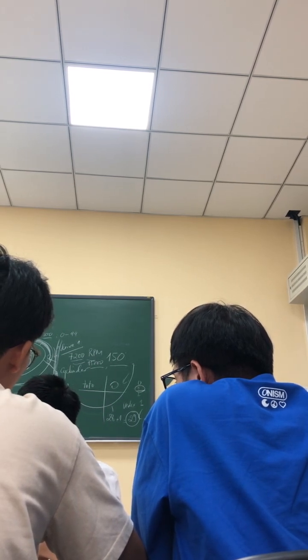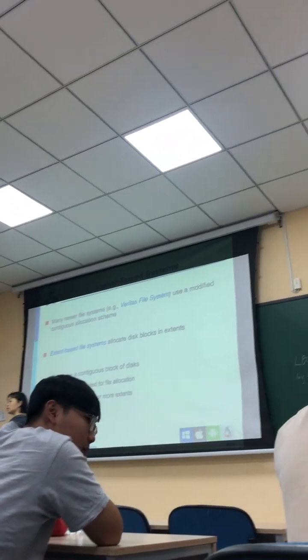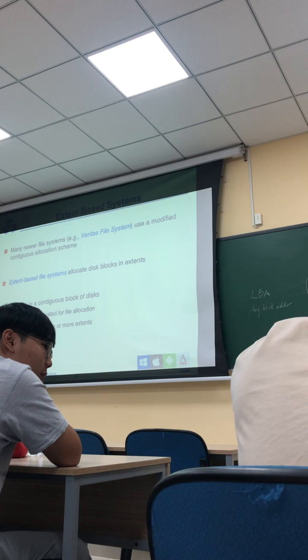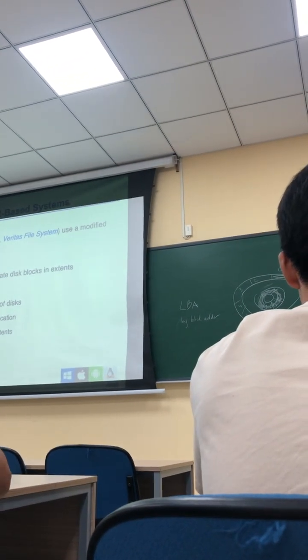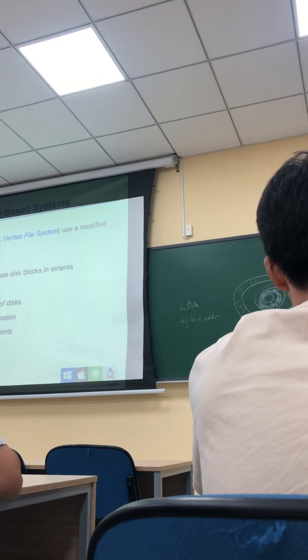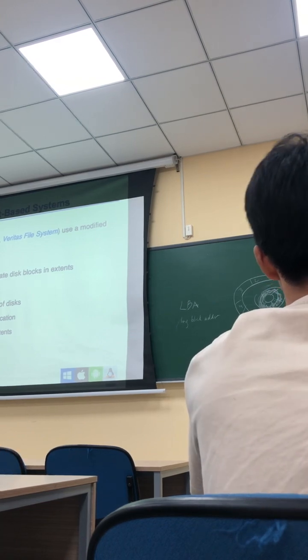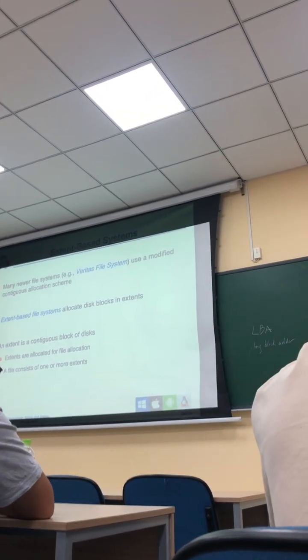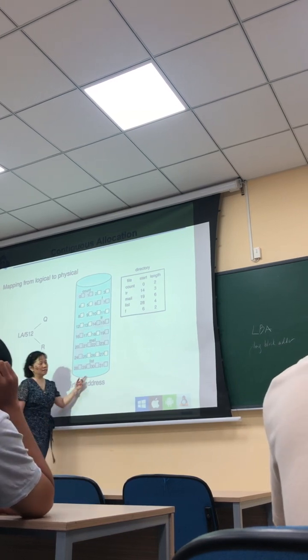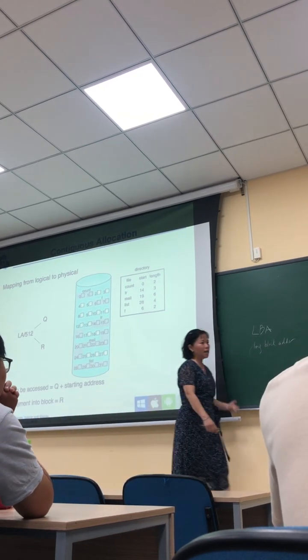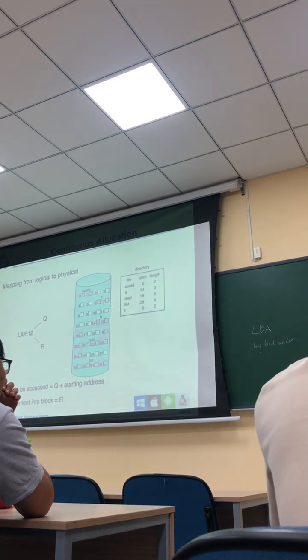So a file can be composed of many extents. So what's an extent? An extent is a contiguous block of disk, and a file can be the combination of many extents. For example, return to this one. So now if I say that I have a request of 10 disk blocks, so if we use